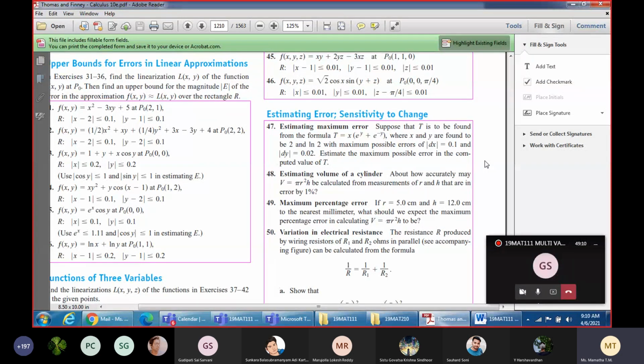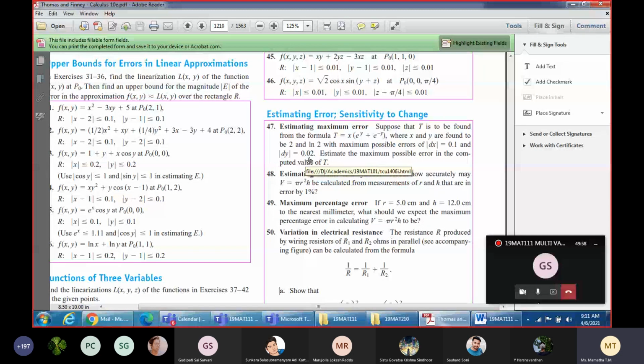dt is equal to dou t by dou x into dx plus dou t by dou y into dy. And the point is given where x and y are found to be 2 and ln 2. So x value is 2 and y value is equal to ln 2. And dx value is given as 0.1, dy value is given as 0.02. Substitute, you will get your dt value. So dt value, after you substitute, it should be 0.31. And one more thing, what is e to the power ln x? X, ma'am. Okay, so you apply that simplification procedure, you will get the answer. Is it clear?